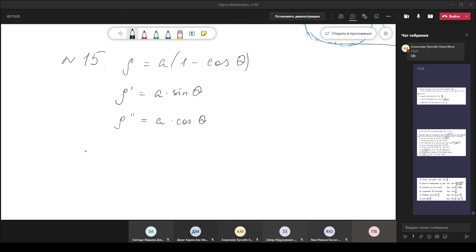Calculate K. Modulus rho squared plus 2 rho prime squared minus rho 2 prime modulus over rho squared plus rho prime squared to the power of 3 over 2